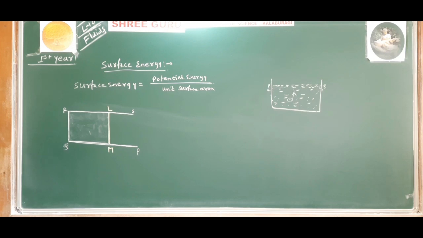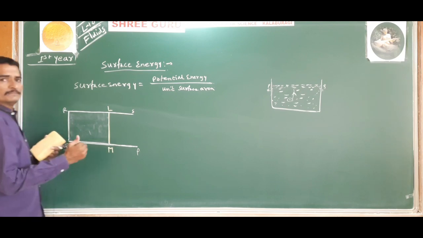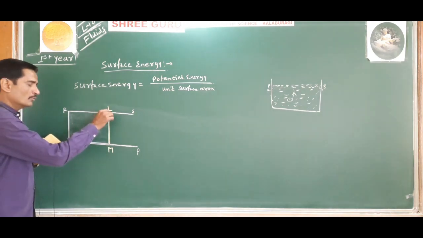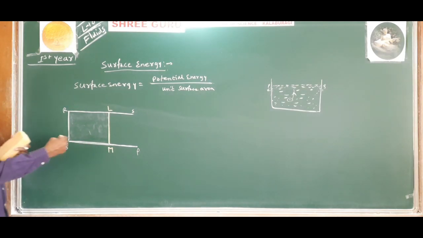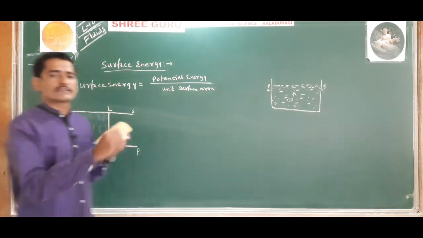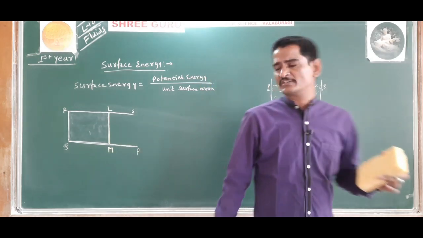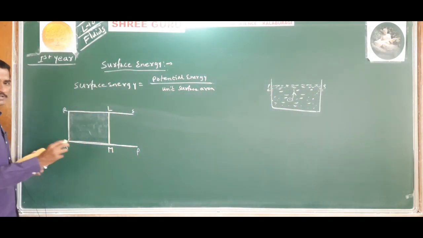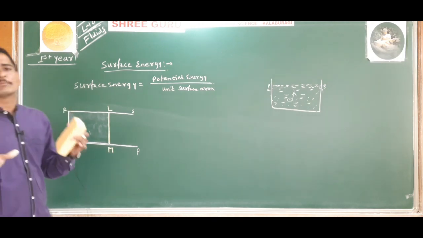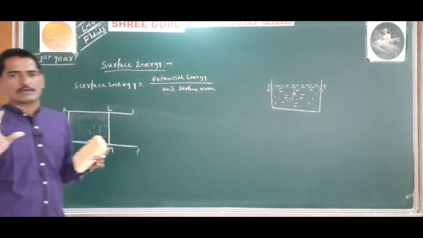So a liquid surface is formed, and this liquid surface will have a tendency to move the side LM towards the interior, because due to the property of surface tension, the liquid surface formed will have a tendency to occupy minimum surface area,